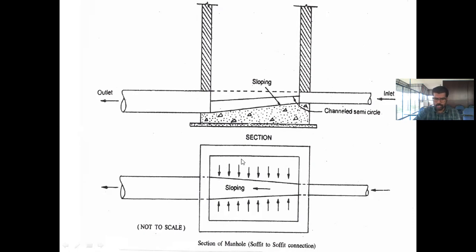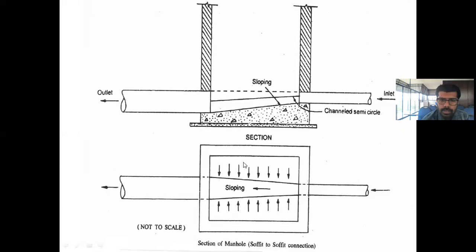So this will be sloped to the side, and this will be sloped to the side. So you can see the arrow. It will be sloped. Okay, so sloping is very important. Normally it is 1:40, that range only. The sloping will be there 1:40. So I will show you that.